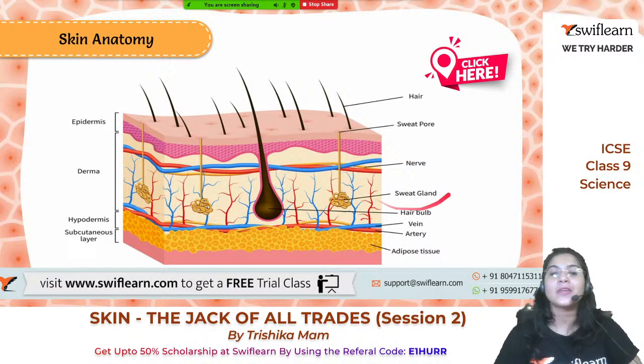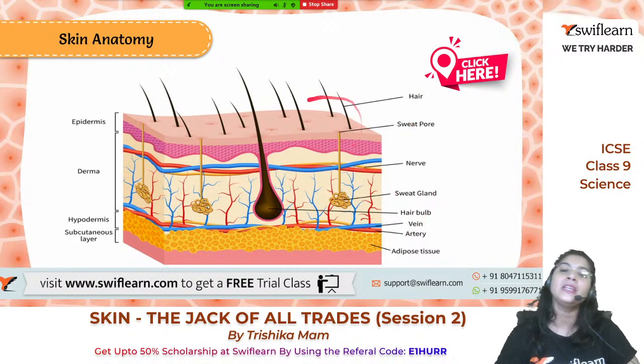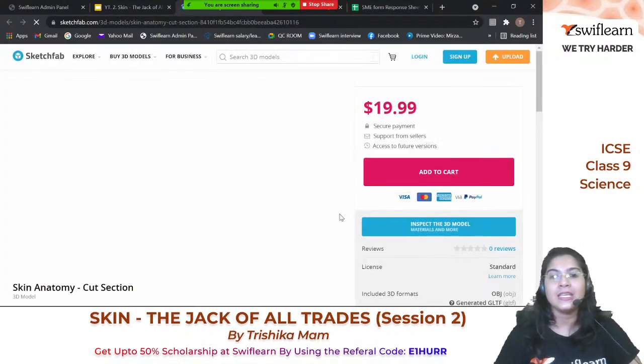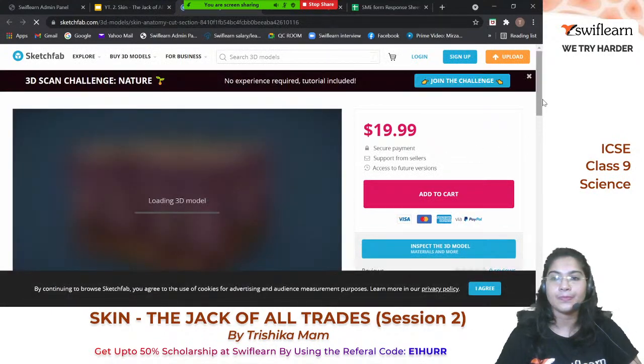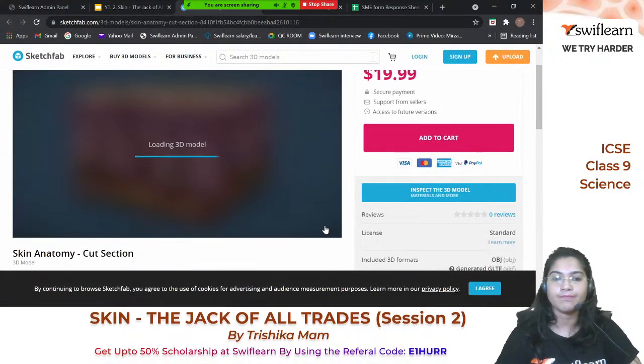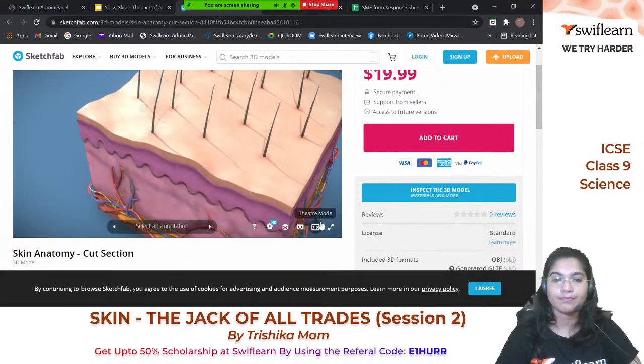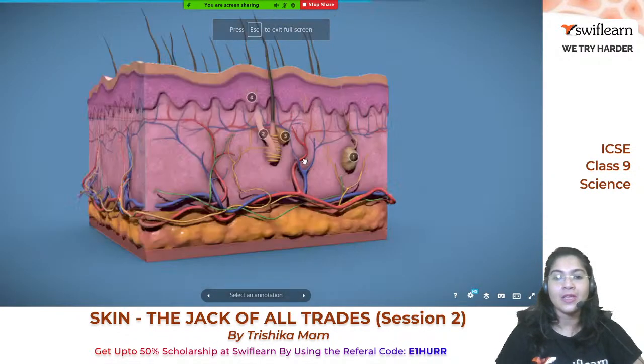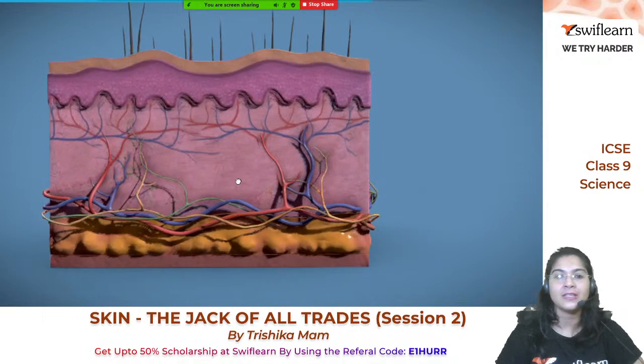Okay, next you can see the different nerves, the yellow colored nerves. Over here are shown the different blood vessels, the blue and red colored blood vessels. All these are mainly embedded within the skin. So let us now see the skin in detail. Yes, over here you can see the skin in detail. I'm just showing by moving this one.